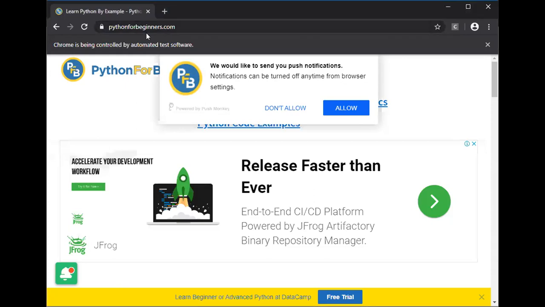So now you can see this pythonforbeginners.com is open. Why? Because the request goes from our code to driver, from driver it goes to the browser, and from browser the request is sent to pythonforbeginners.com. So now the web server for pythonforbeginners.com knows that, okay, the request originated from a browser, means it is a legit request, and we can serve it. The request is not from some console program. This is what is thought by pythonforbeginners.com.